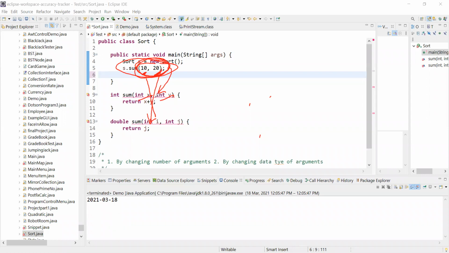It can be any name, a meaningful name we should use, but if the type is the same in both methods, then there is an ambiguity. At line number 5, the compiler will get confused. It doesn't really know whether we are calling this method or this one. So that's why it's not allowed to overload a method by changing the method's return type. Getting my point?